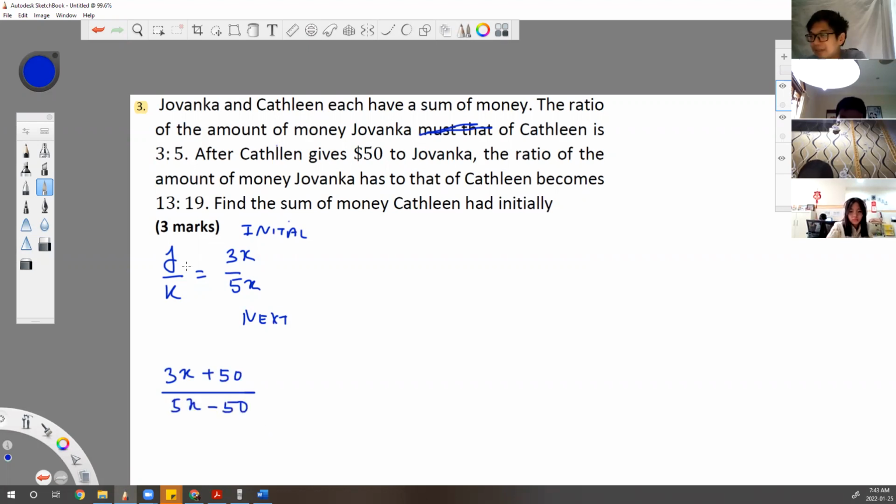Because Kathleen gives Jovanka. So Kathleen's money will be transferred into Jovanka's money. So this will be plus, this will be minus, right? The ratio becomes